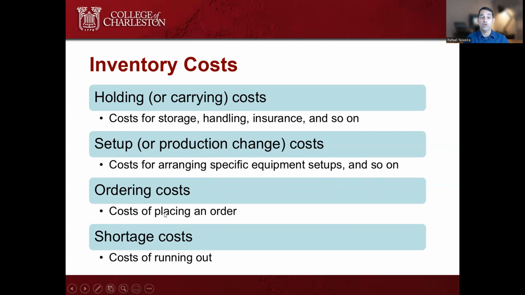Also the ordering cost, the cost of placing an order. So in order to buy raw material, we are a manufacturing company buying raw material from a supplier. We have to pay purchasing personnel, salary for purchasing people, just to place orders, to contact suppliers. Hey, listen, I need an order. I need 10,000 units next week. Please send me a quote.